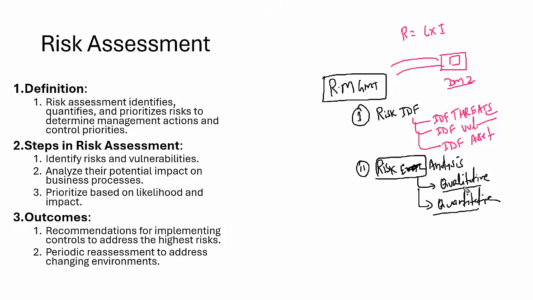Qualitative is where we map the likelihood, impact, and overall value into high, medium, and low. Okay, what is the threat? The threat is DoS. What is the vulnerability? There is no load balancer. What is the chance of this happening? High. And what is the impact if it occurs successfully? High. The overall value is high. So we come up with this kind of value: high, low. If you don't have time and you're looking for a shortcut, then you can go for qualitative risk assessment.